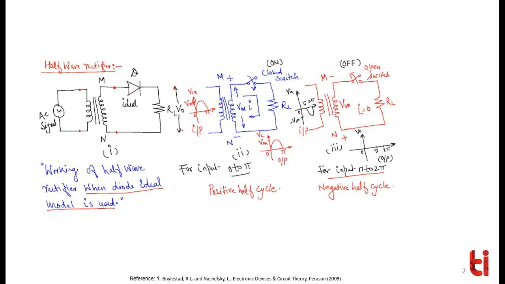You are finding the voltage across the load resistance. You are applying an AC signal here. What is the AC signal? It is something like this. It can be sinusoidal, triangular, or a square wave, anything. Now, whenever you apply the positive half cycle of the signal, the upper portion of the secondary coil will become positive and the lower will become, let's say, negative.